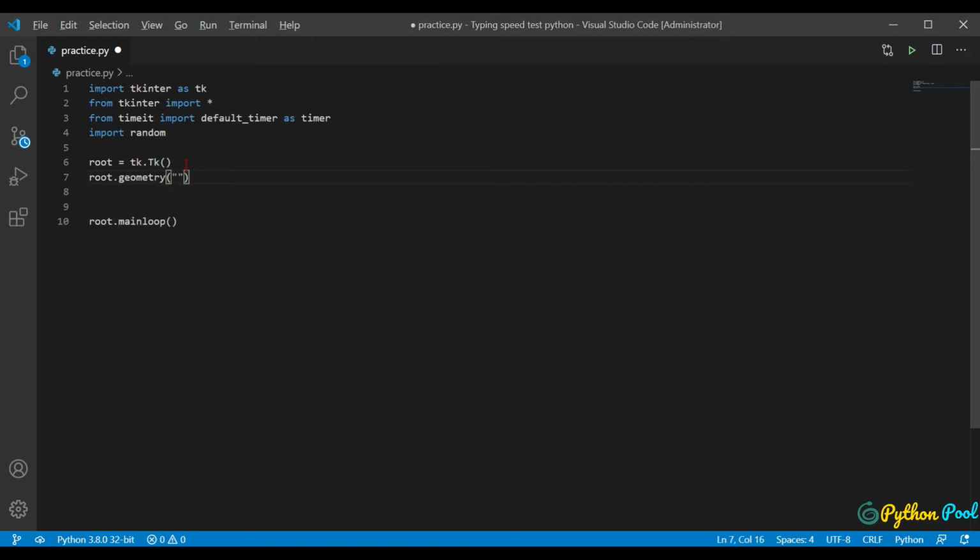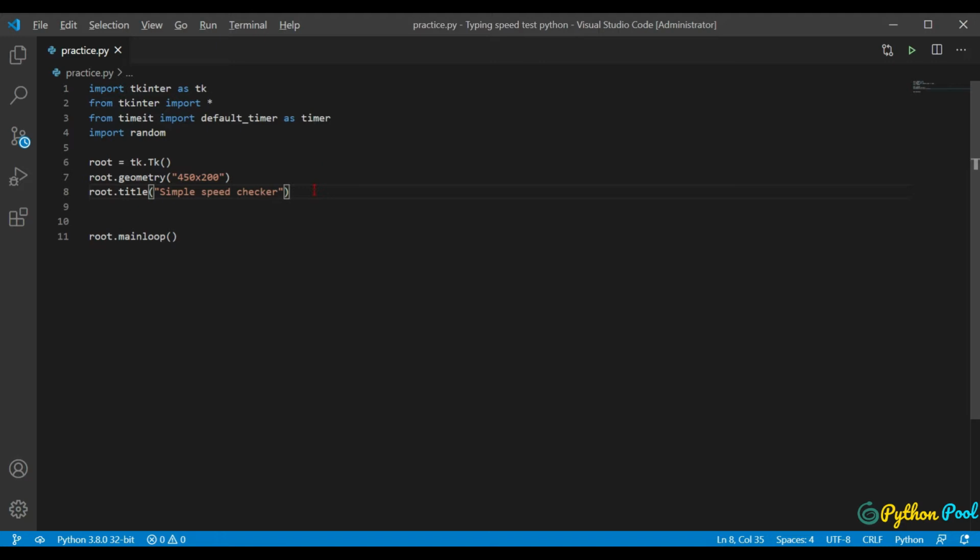Let's keep it as 450 cross 200 because we don't want much stuff in our tkinter video. So let's make our window short. So we decided the geometry, we need to decide its title. In title you could give anything, like I'll give simple speed tester, speed checker.